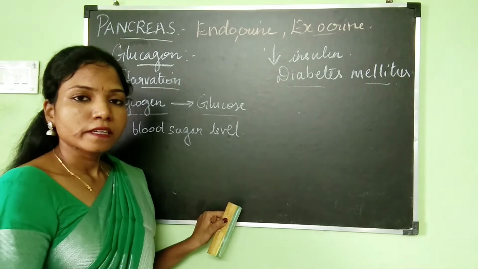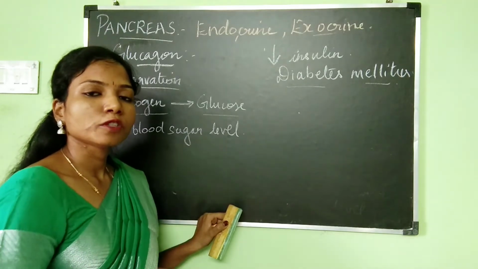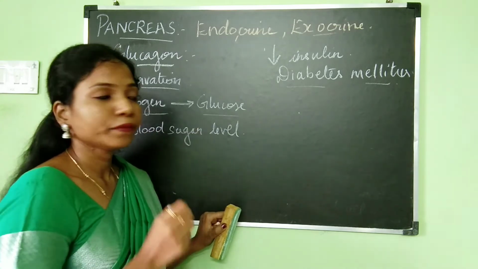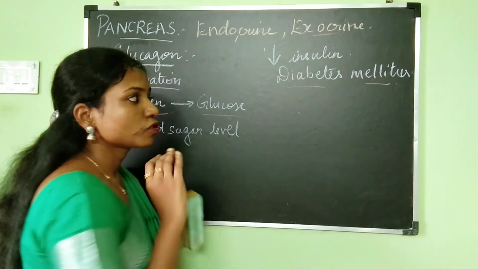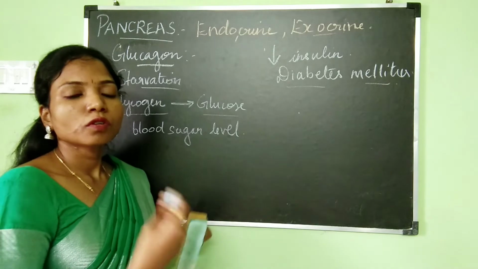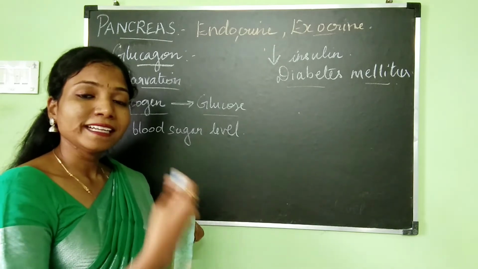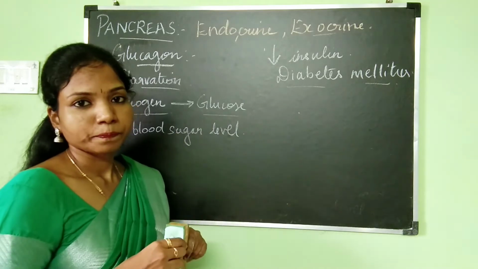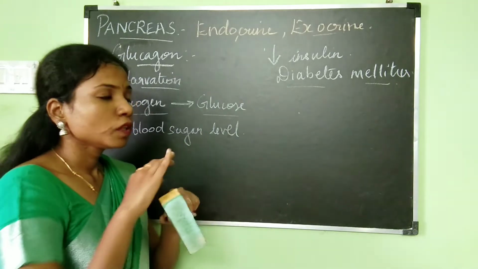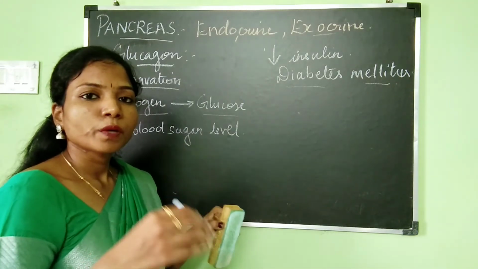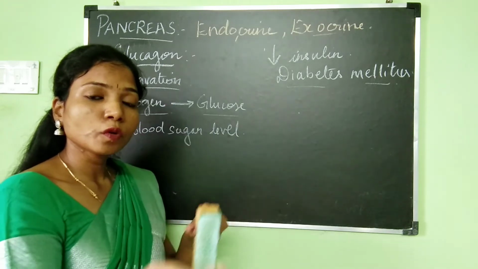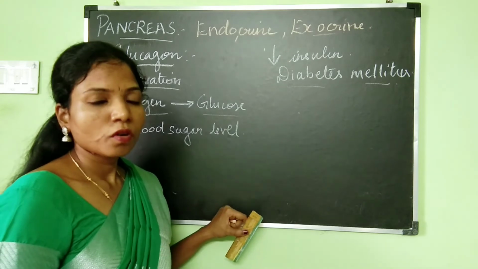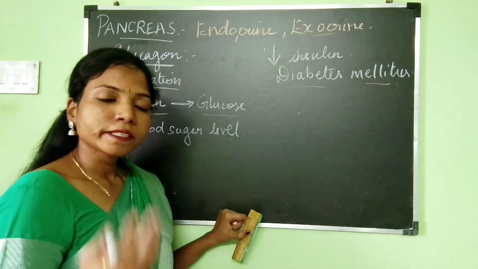We already discussed that the work of insulin is to pick up all the glucose and store it in the liver. So when this insulin is not there, the excess glucose which is getting released into the bloodstream after digestion will not be picked up. When insulin is not there, the process by which the glucose is going to get stored in the liver will not happen. So is it dangerous? Is it harmful?